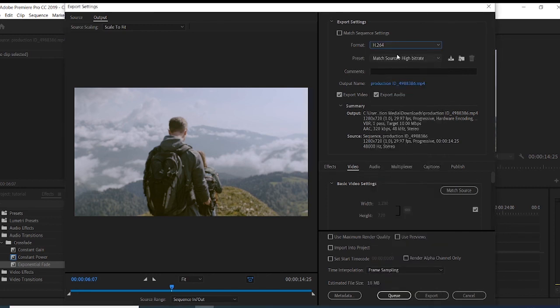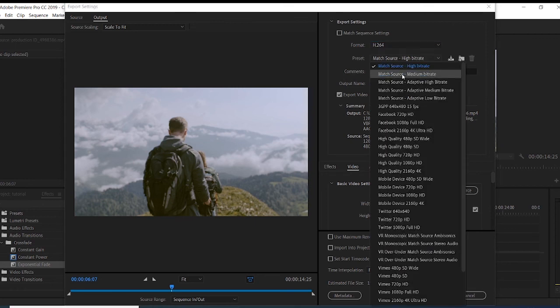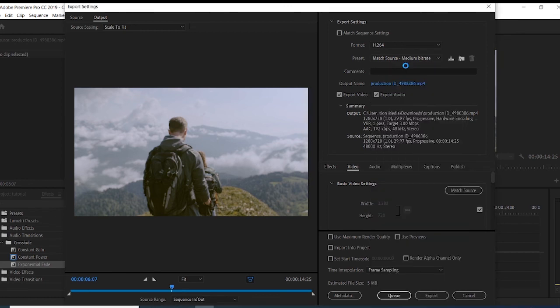So you have to pick this H264, and it's on high bitrate, but you might just put it on medium bitrate. You see, when it's on high bitrate, it's 18 MB, and when it's on medium bitrate, it's 5 MB. So you can come down here to reduce the bitrate as well. If you reduce the bitrate here, it's going to reduce the quality of the video, and it's also going to reduce the size. So maybe you put it on 2. You see it is now 3 MB, but it also reduces the quality. If I put it on 4, it will increase above 5, but also increase the quality. This is 7 MB. But I think 3 is normal.